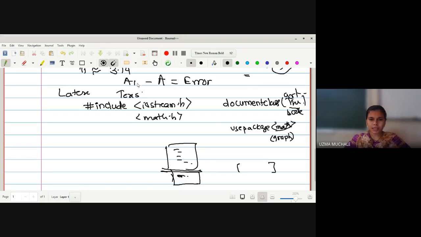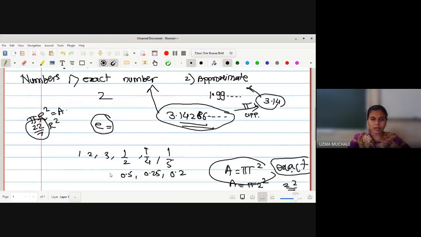So these are the errors in mathematics and in computer language. What is error in mathematics? It is nothing but the difference between the true value and the approximate value, for example the true value of pi minus 3.14. This is also an error. Even we can have the value for root 2, 1.414 and so on. It is repeating. So here also we can say some approximate value of root 2 is 1.41. These also have some differences. Whatever the difference between these two, that is called an error. Okay, so this is about the error.